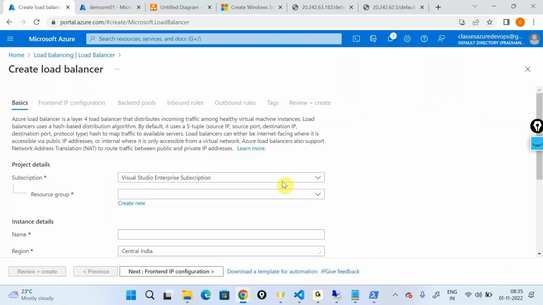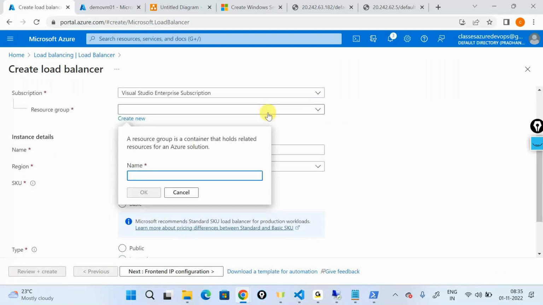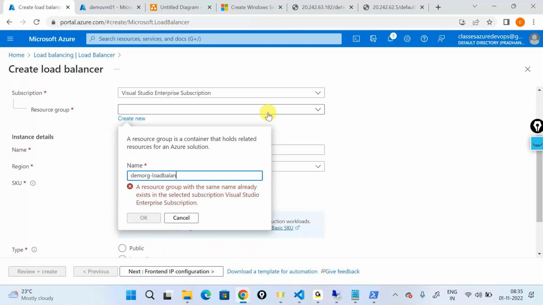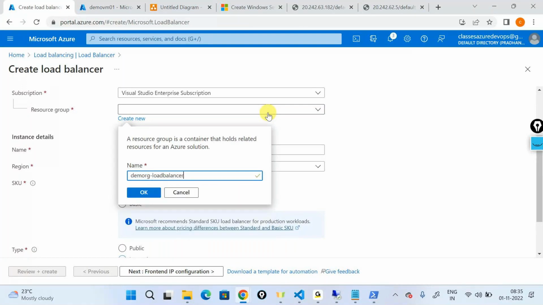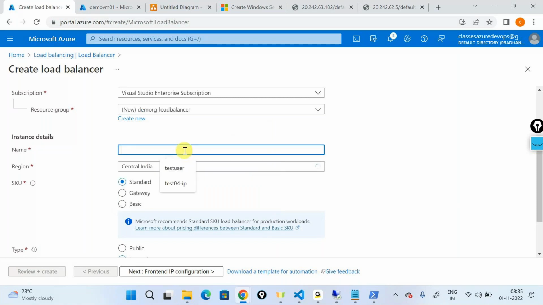I can create it in any resource group. Let's say I'll call it demo RG load balancer, in a different resource group than my virtual machines. Yes, it is possible to have the load balancer in a different resource group than my virtual machines. I'll say okay. I'll say this is a demo load balancer,